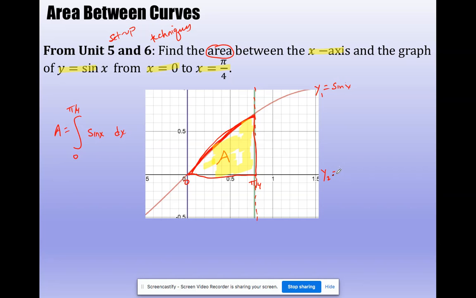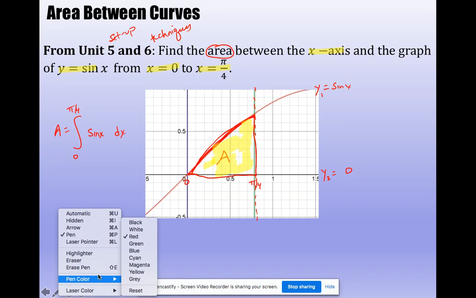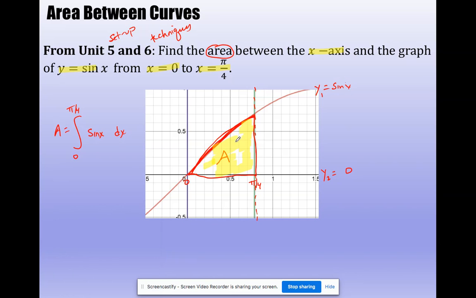The second equation is y equals 0, because on the x-axis, y is always 0. We really do have two equations. We really are finding the area between two curves, where we have this strip here, and the top of the function is on sine x, and the bottom goes all the way to the x-axis. So in reality, I could write this integrand like this,